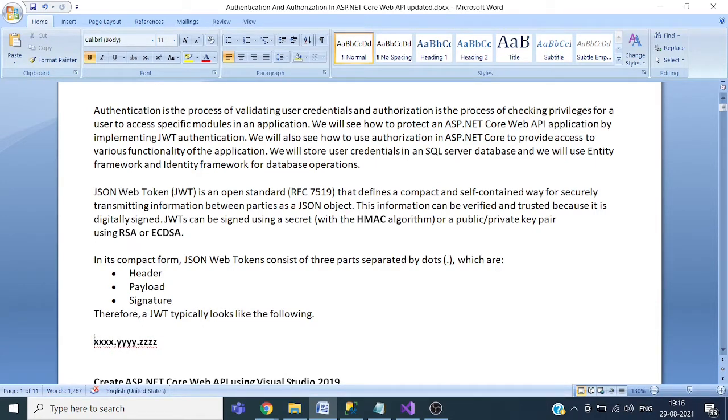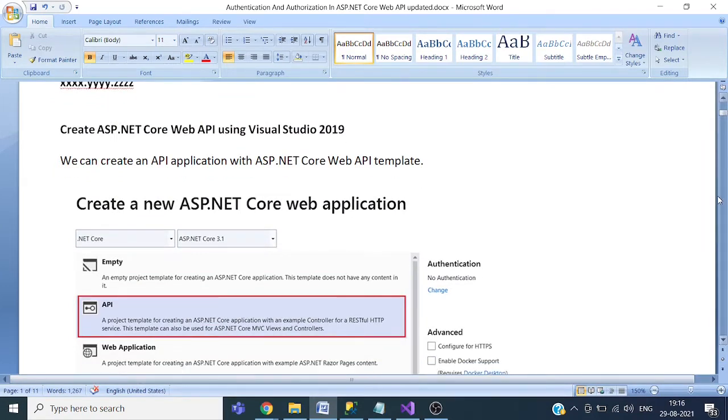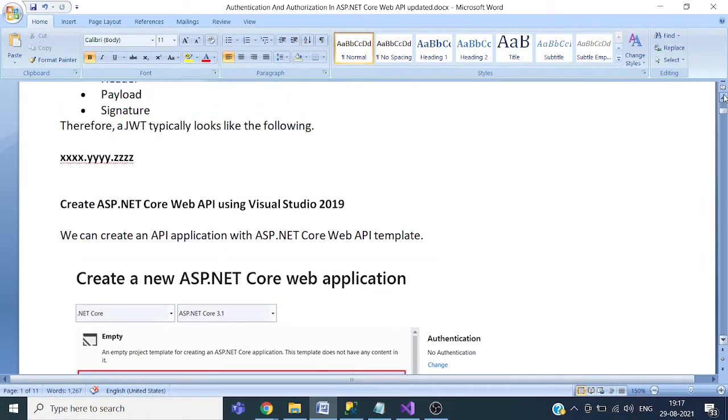The first part is called the header part. Then we have a dot, and then comes the payload. Payload means it is data about the user, like username, and the third part is called the hash or signature.